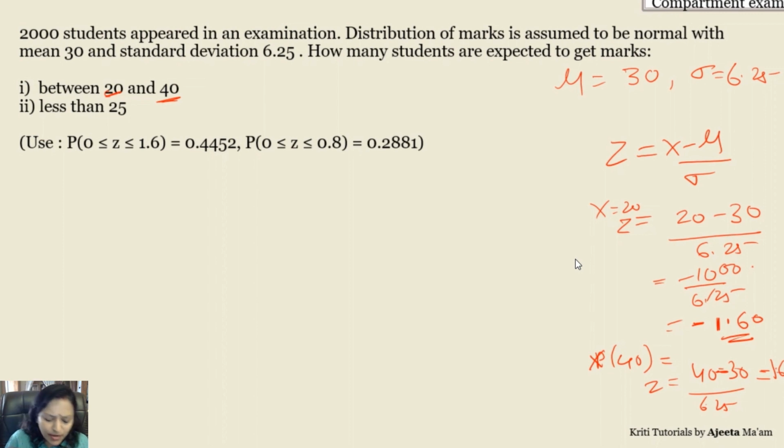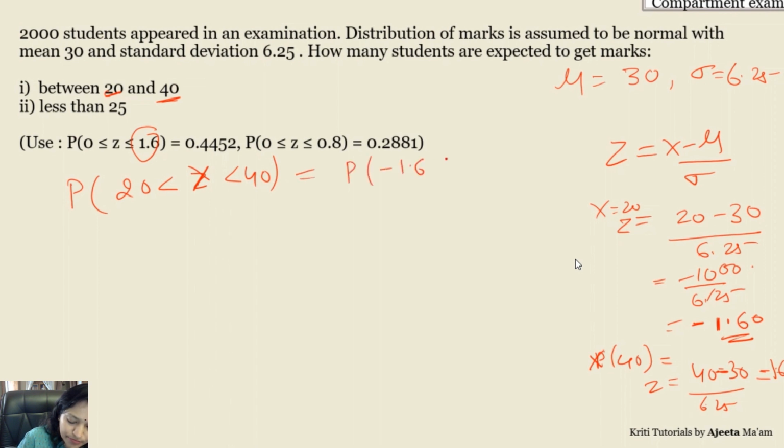करेक्ट. थोड़ा सा हिंट हमें कहाँ से मिला था, यहाँ से, राइट? ये वैल्यू हमें दी गई है. So between 20 and 40, तो हमारा z कहाँ से कहाँ पे है, राइट? Now we have to again check कि कौन सी वैल्यू हमें दी गई है so that we can use it accordingly. So now the value is given between 0 and 1.6. So between this, है तो अभी हमारे पास symmetric होता है on the mean. तो अगर हमारे पास 0 पे symmetric है so we can simply write it as what, 2 times p of